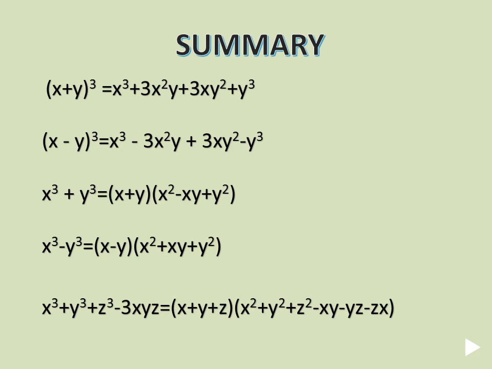Similarly, go for the third and fourth identities, that is x cube plus y cube and x cube minus y cube. If it is x cube plus y cube, the first bracket is x plus y. If it is x cube minus y cube, the first bracket is x minus y. Now what happens to the second bracket? The terms are the same only: x square, minus xy, y square. One is x square, y square is there and xy is there. But the only change is in the sign. In x cube plus y cube, the middle term is minus; in x cube minus y cube, the middle term is plus. So like that we can understand this.